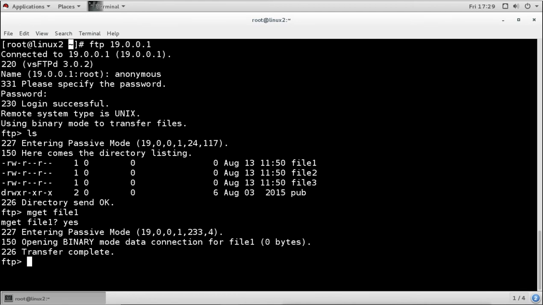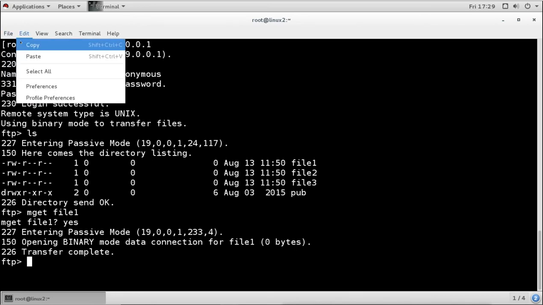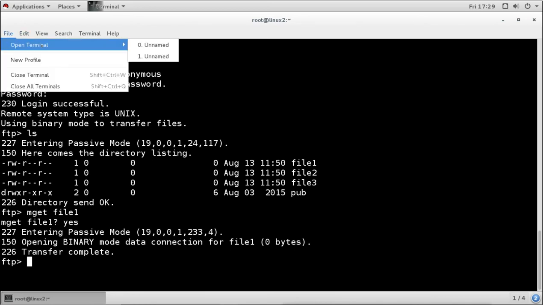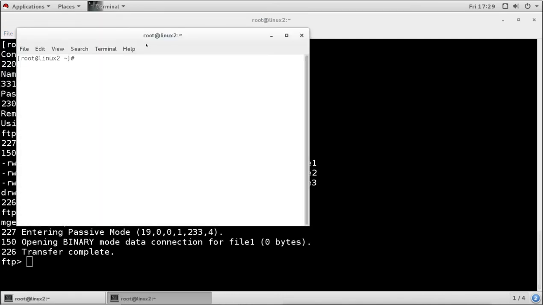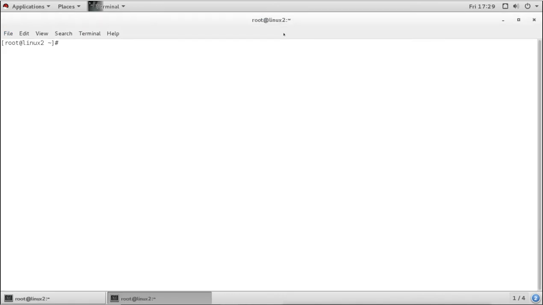We can check it. I will open the other terminal here. And from this terminal I will check what is under root user's home directory.